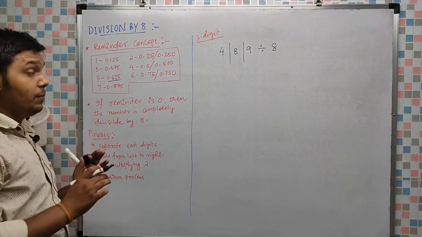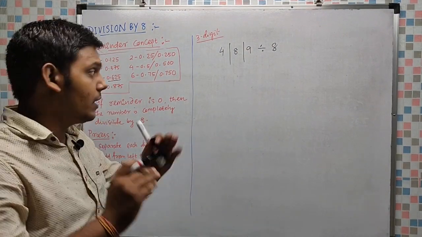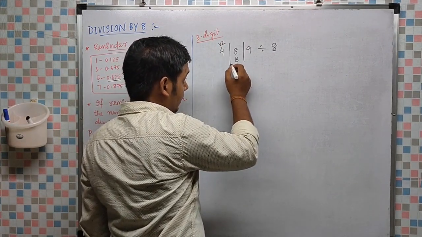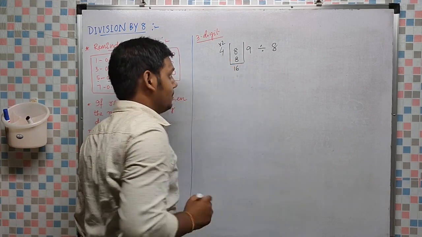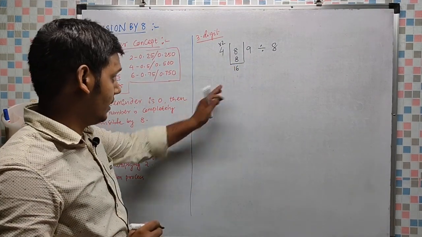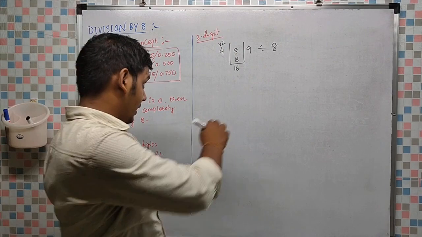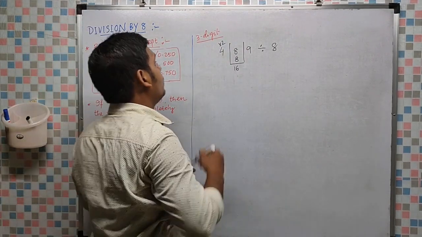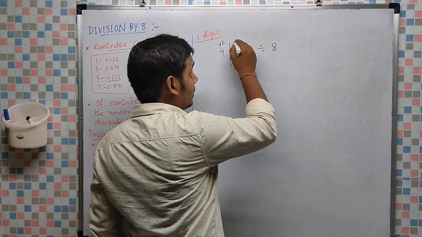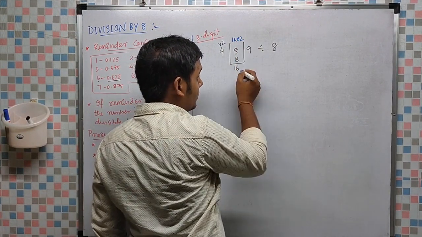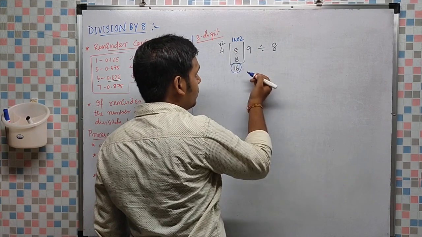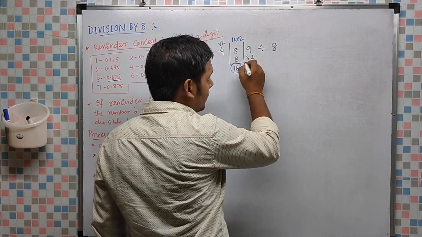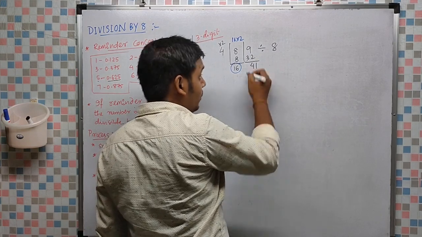Now what I have to do? Add from left to right, but before doing that you have to multiply by 2 in each case. So 4 into 2, that is how much? 8. Now it is 16. Now what you have to do here is, because there exist 3 digits, this 16 into 2 you have to do. 8 into 2 not, 16 into 2. This result into 2, that is 32. 32 will be added here. That means 41. 41 is the final sum.